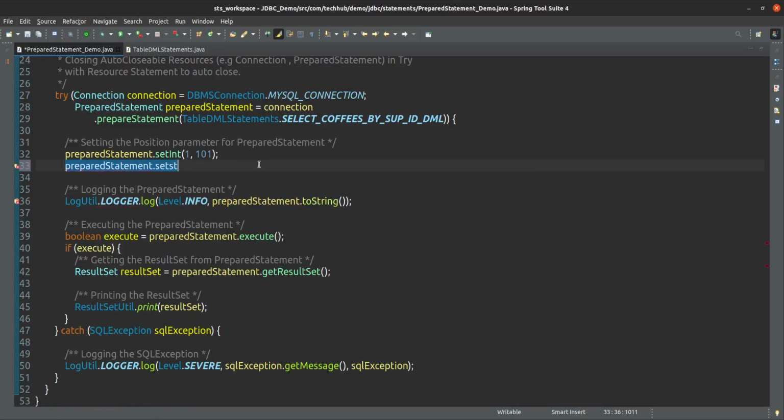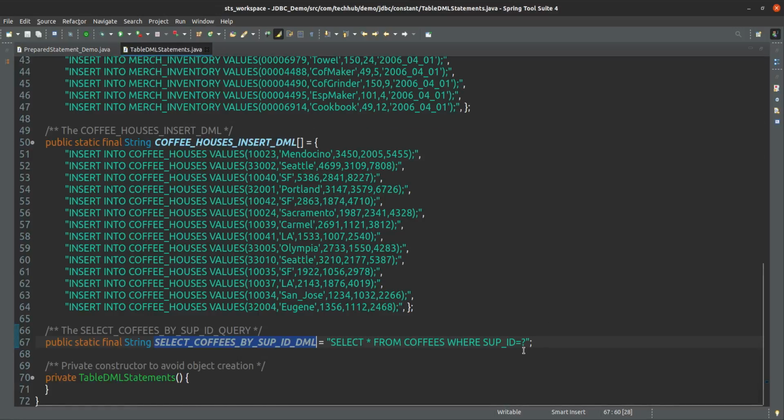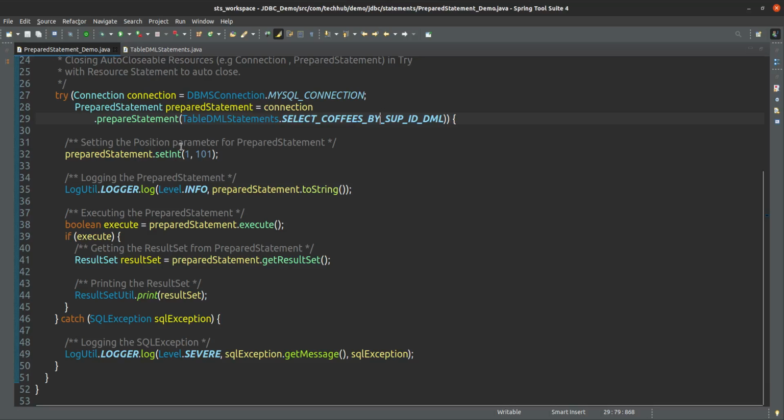The position starts from the first one only. You can give something like ABC here, but currently it is not valid, so it will give an error. And if later on you want to change, suppose the query is already pre-compiled, but for this query now I want to get the record whose soup ID is 49, then I just need to change it here and I can execute.